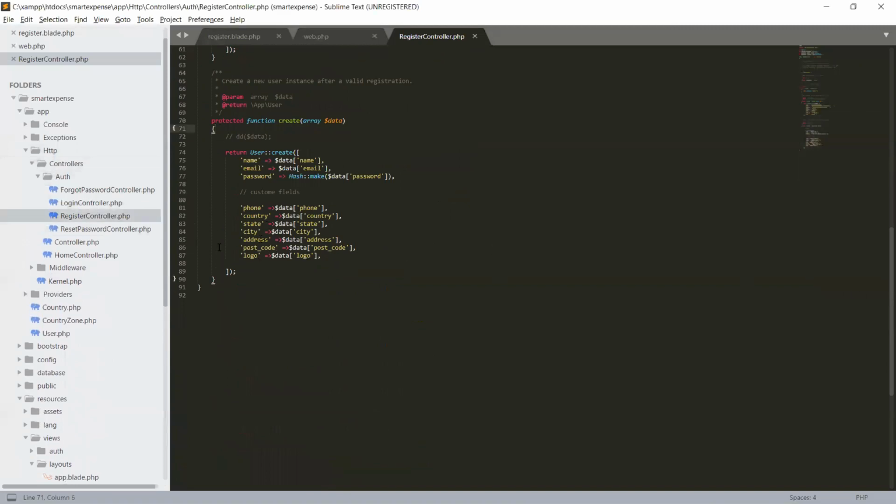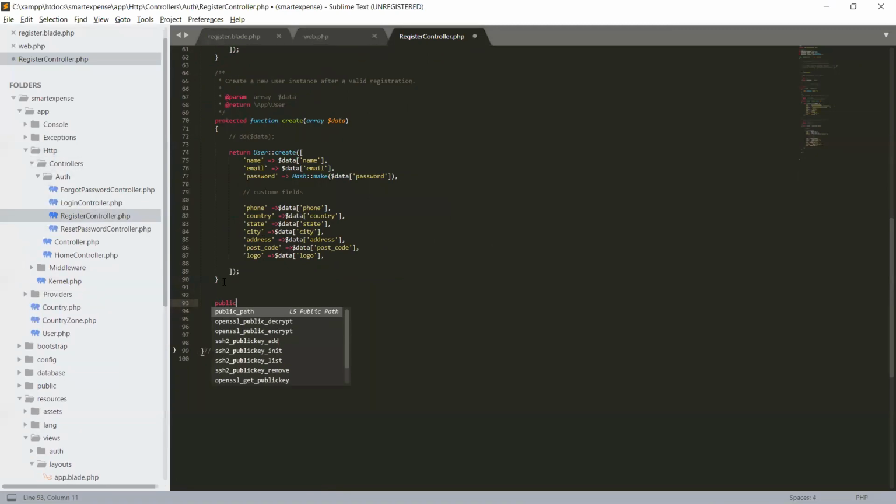This method ends here, and this is the end of the class. So public function get_zones, and under this zone we will get our model.